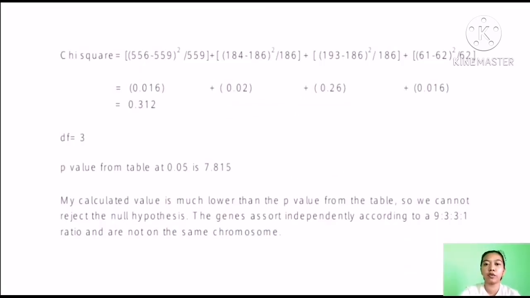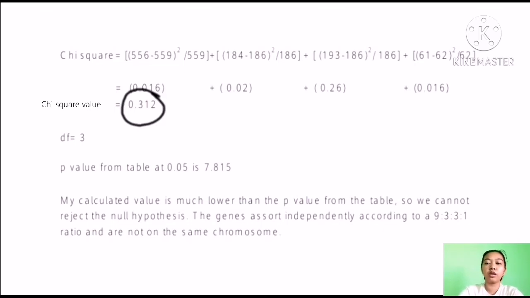We will now calculate our chi-square statistic. So, with our observed and expected frequencies, we would have 556 minus 559 squared divided by 559 plus 184 minus 186 squared divided by 186 plus 193 minus 186 squared divided by 186 plus 61 minus 62 squared divided by 62. All in all, our chi-square value would be